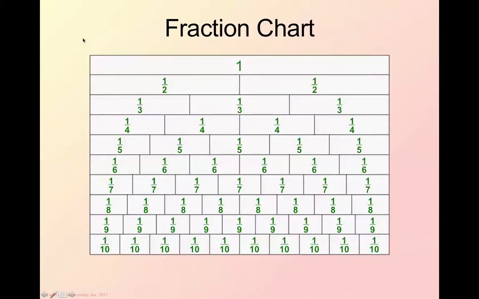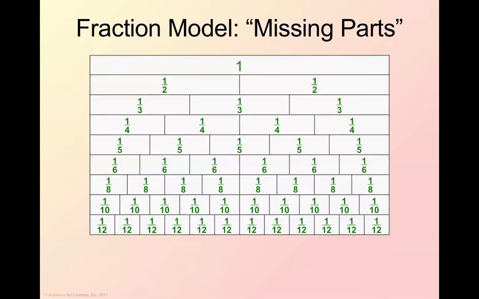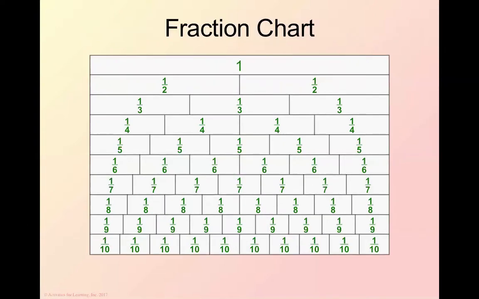We want to leave it uncolored. Sometimes people say, well, we don't need the 7s and the 9s. Let's get rid of those and let's put on 12s because those are really useful. Well, look what happens. We've got line, space, line, space. Oh, apparently there's no odd number fractions. Remember that arch? We've got the first one here, but look at the second one that's down. Oh, it's gone. You can't see it down here. You've interrupted the pattern. So don't give the children missing parts. Give them the whole, including the 7s and the 9s, so that we can see all those beautiful patterns that are happening within our fractions.